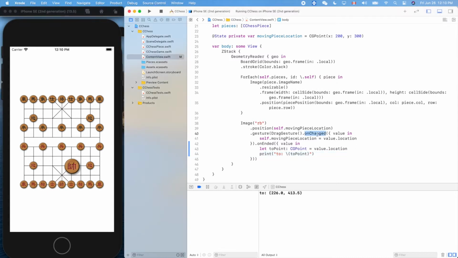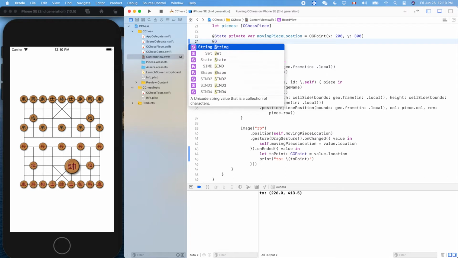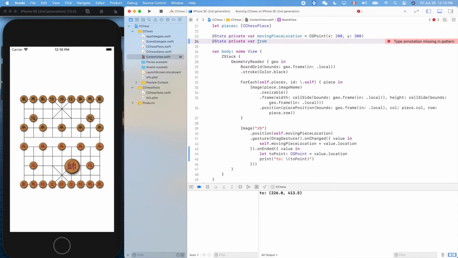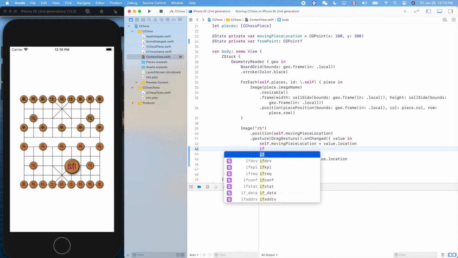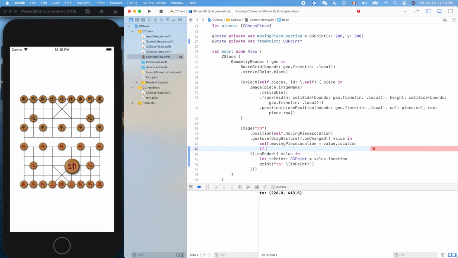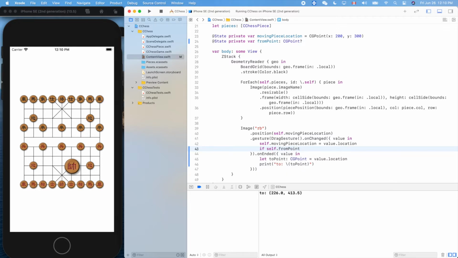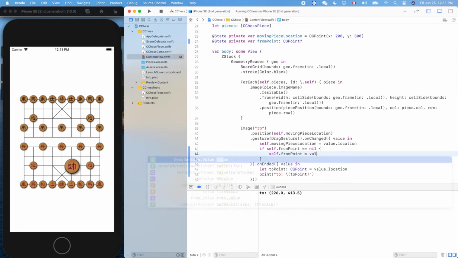Okay, so here, this one on change, it keeps printing. Let's create something here. State private var from point, CG point, question mark, because it can be nil. So what about this? If self dot from point is nil, then we do self dot from point equals value dot location,